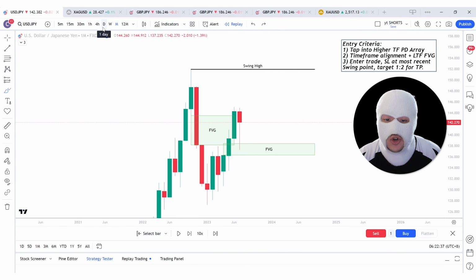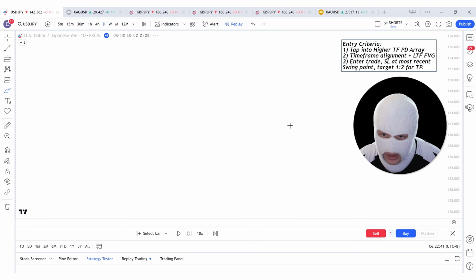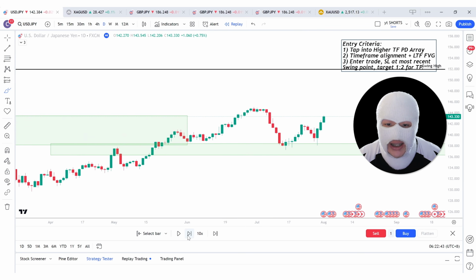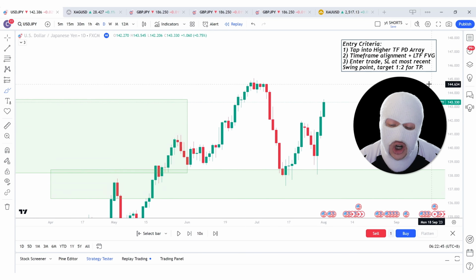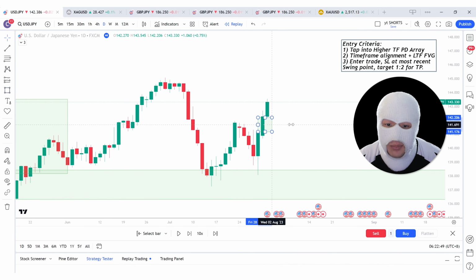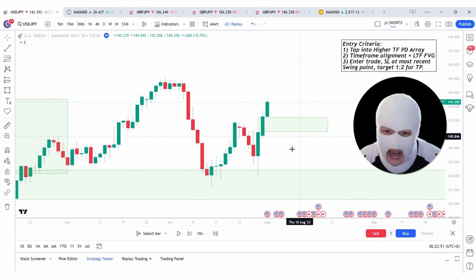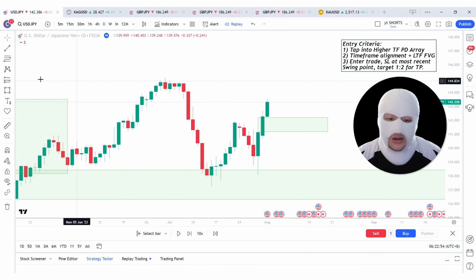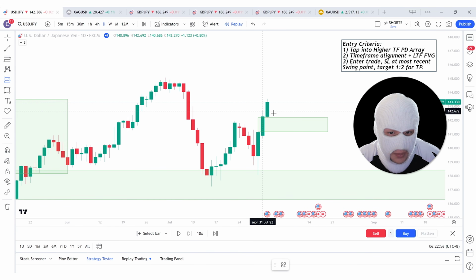Drop down to the entry time frame and look for a fair value gap in line with the buyers. So we will drop down to the daily time frame to look for a daily bullish fair value gap. Over here, we can see that price has created a bullish fair value gap using these 3 candles right over here. Step 3. I will enter the trade placing a buy limit at this bullish fair value gap right over here